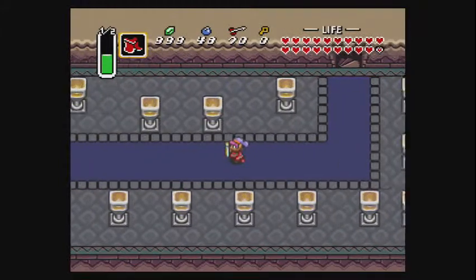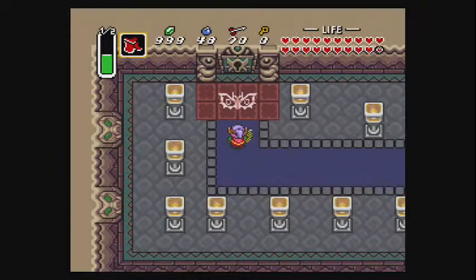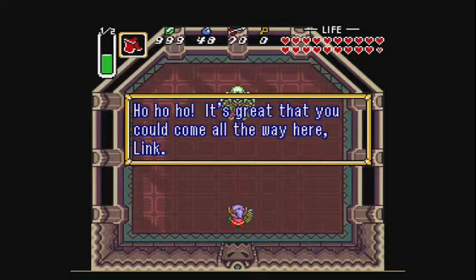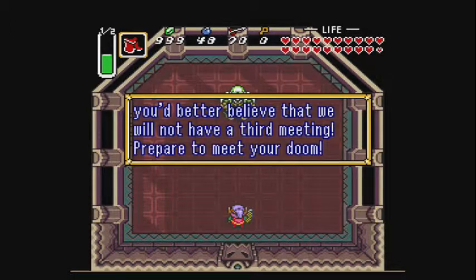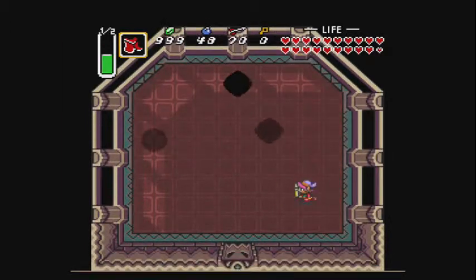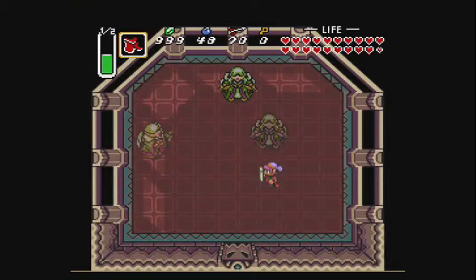And now, here we are, in the hallway leading to Ganon's hideout. Inside, we find the wizard, Ganon. Ganon splits into 3 parts. His shadows, per se, are a little bit lighter colored than he is, a little